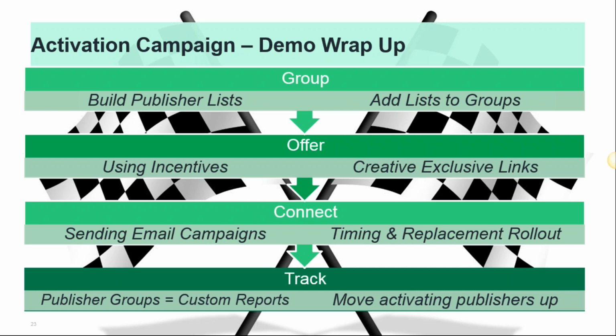Make sure to regularly run reports to keep track of performance and determine any need for follow-up with any publishers that spike up. It may make sense for you to move publishers into different groups and offer them better incentives, if they work their way up from inactive to low performing to your mid-tier and so on, or even out of the activation campaign entirely if they move up to their potential quickly.